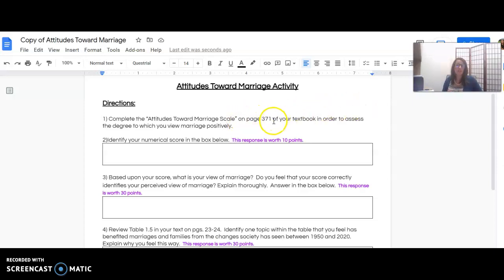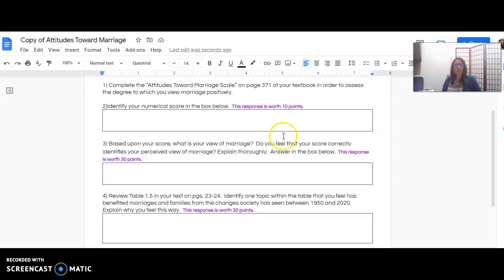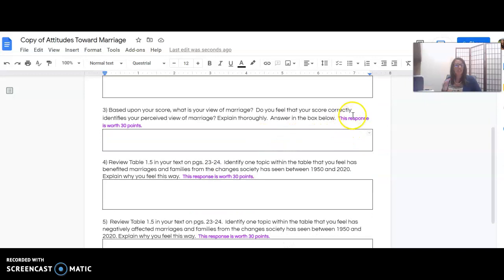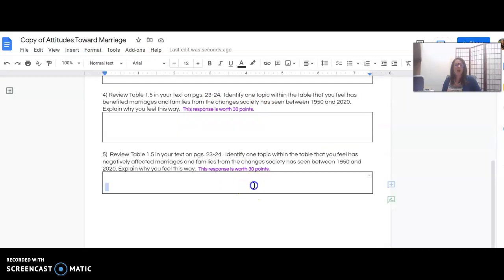This is going to ask you to go to page 371 of your textbook and complete a scale or a self-assessment. And then you're going to answer some questions. Now, your responses will go in these boxes, and each response is worth a certain number of points, and I have labeled those for you in purple on your assignments.